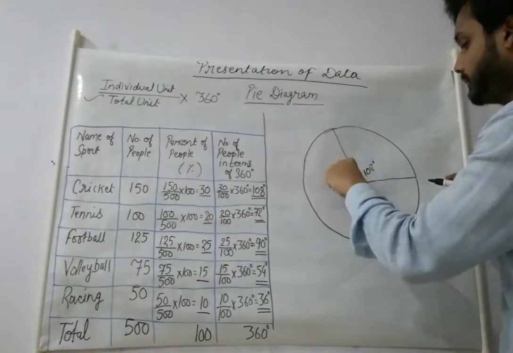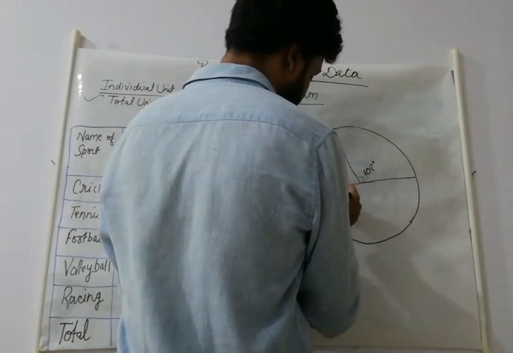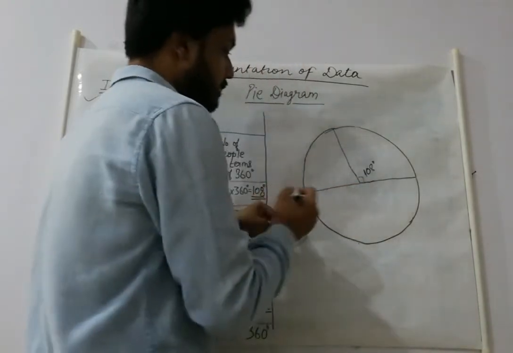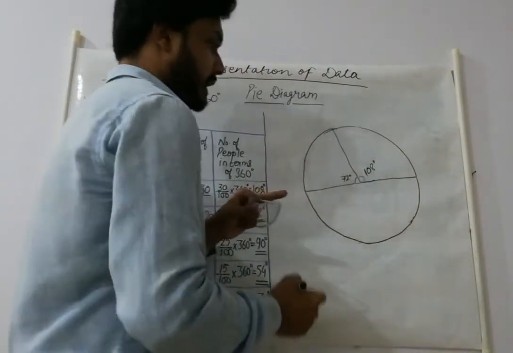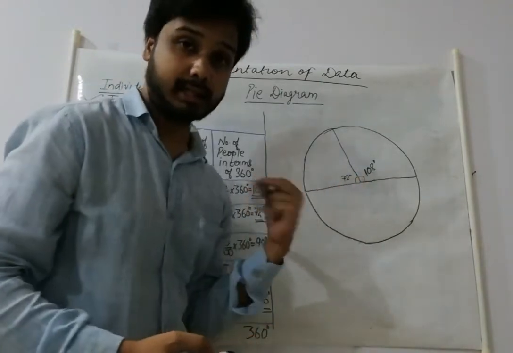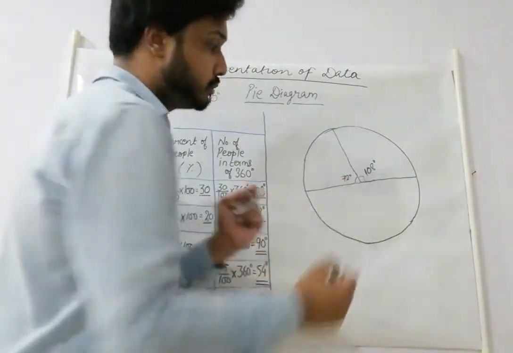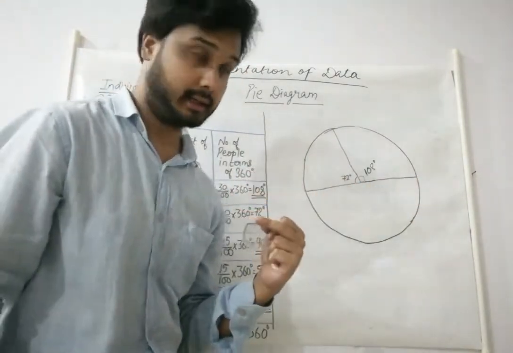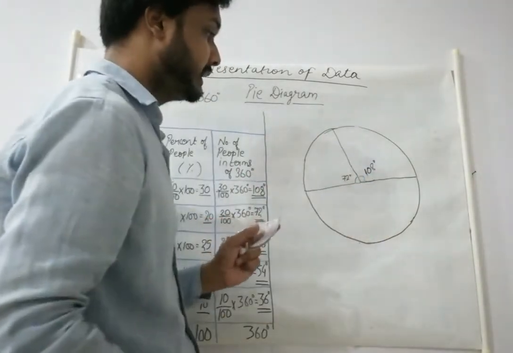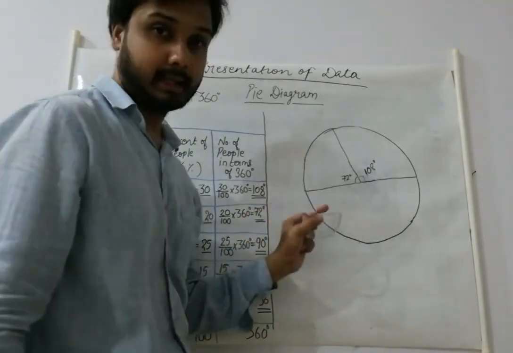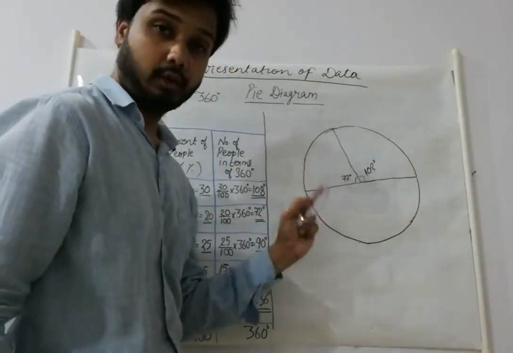So make a point here and then join it with the help of a scale, a straight line, okay. So this will be your 72 degree. As you can see, 108 plus 72 is 180 degree. So this will be divided into two parts. Okay, your diagram will be divided into two parts. This straight line is 180 degree. So we can confirm that our diagram is correct. Here it may be somewhat a tilted one because we are not able to use scale here. Okay, but when you will use scale, it will come in. It will divide perfectly into two parts.